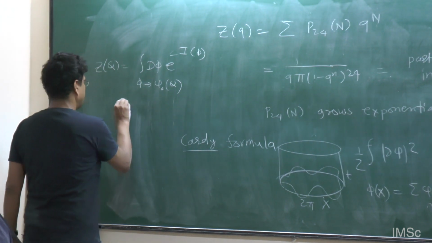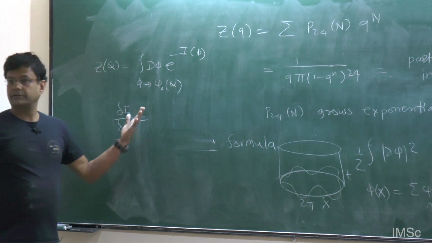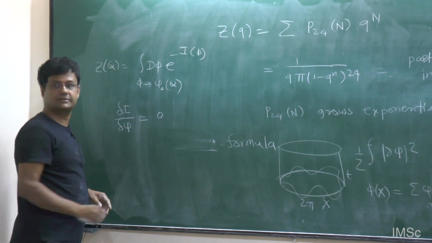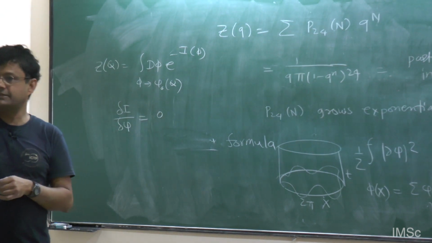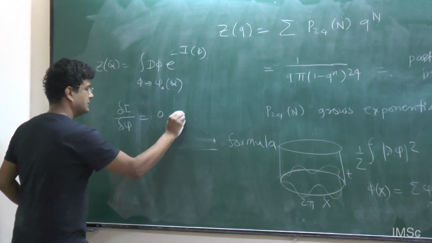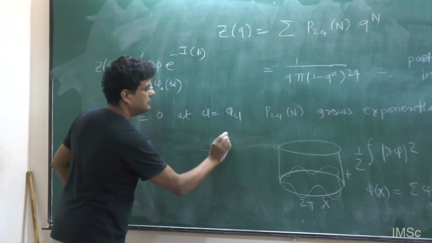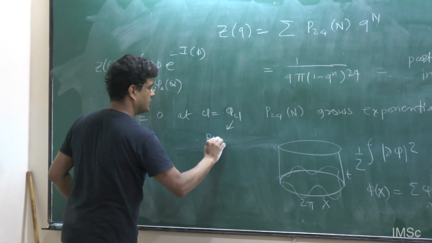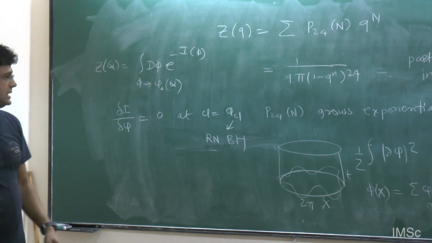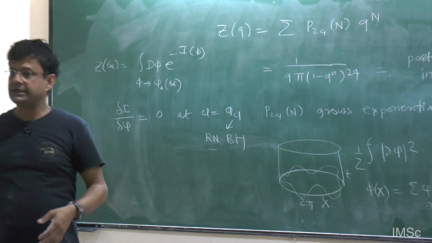And there is a saddle point of this. The classical physics is basically a saddle point evaluation of this path integral, right? So where this vanishes, that is what Feynman has told us. That's the stationary phase approximation of the path integral. So that gives you some saddle point at phi equal to phi classical, which is the analog of, let's say, the Reissner-Nordström black hole, because my phi now includes also the metric and everything.